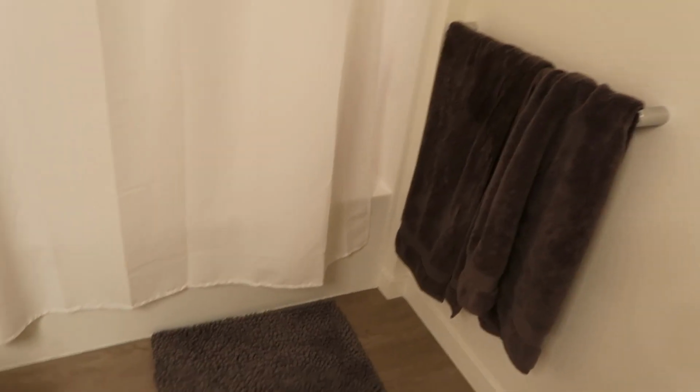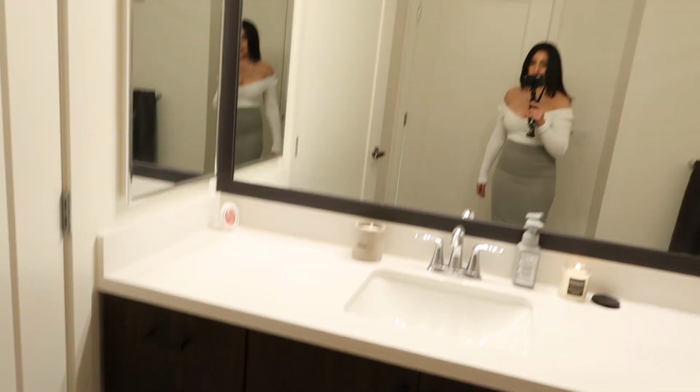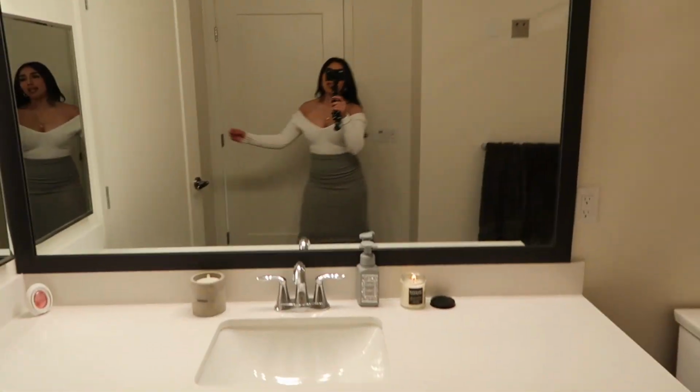So yeah, this is my shower. I'm gonna just show you guys the shower head because I love how big it is, but I am not gonna show you guys the overall because it's a little messy. Next time you guys see this video, I'm definitely gonna change up the color because I'm not digging this at all. So yeah guys, and I mean obviously the final thing is